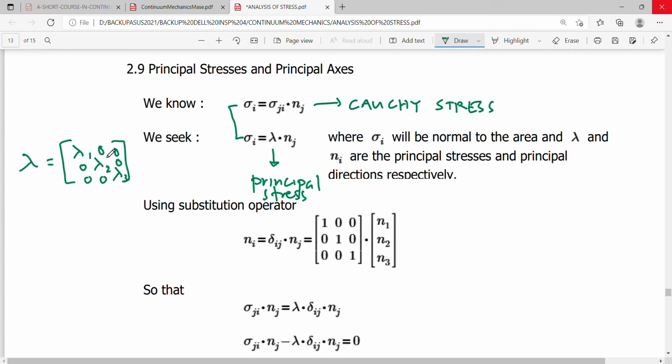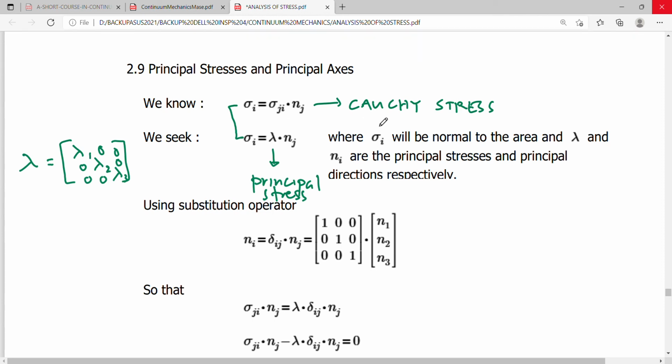So we will try to find an orientation or a set of axes upon which your Cauchy stress vector will be the same. The only difference is that your set of axes defined on the basis of the unit normal vector nj is different from the original set of direction vectors. Okay, so for this,